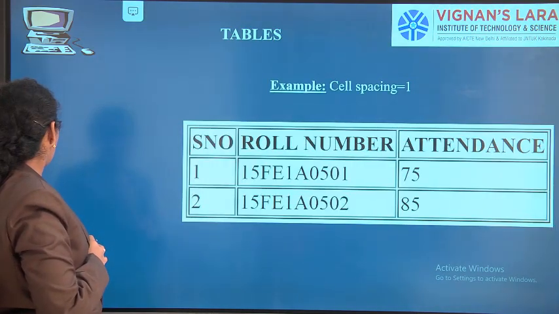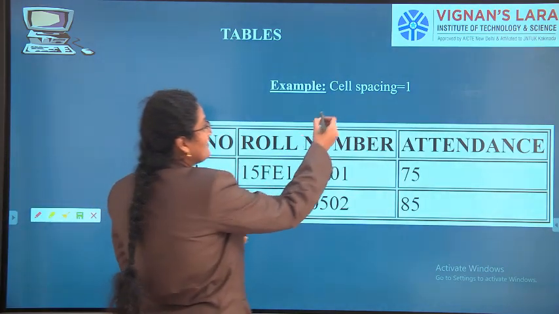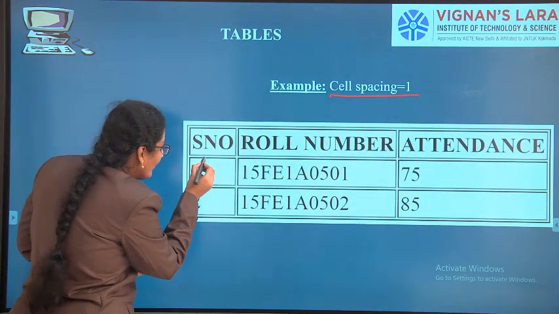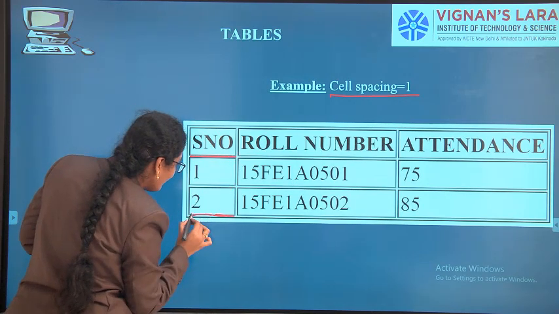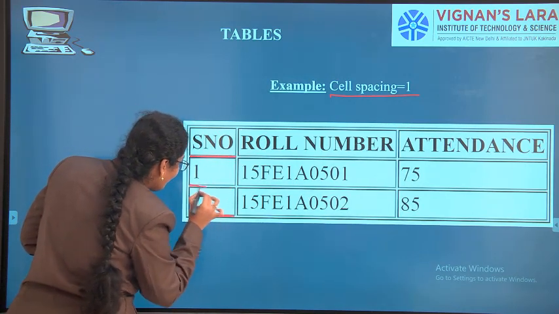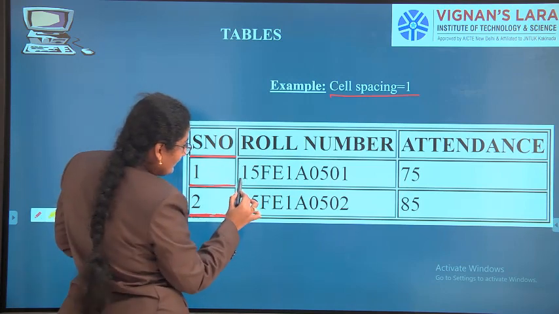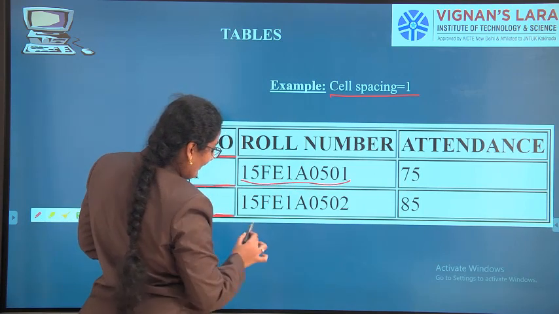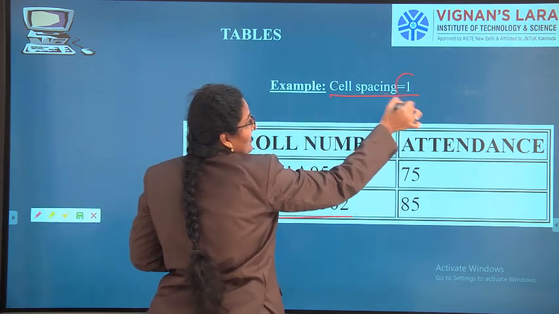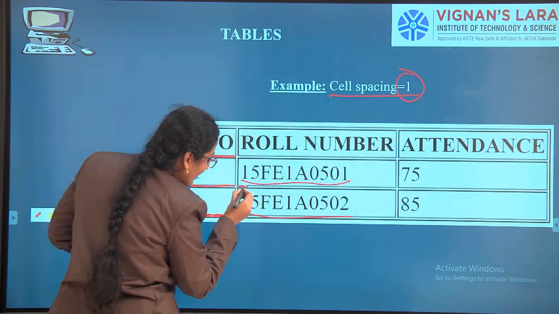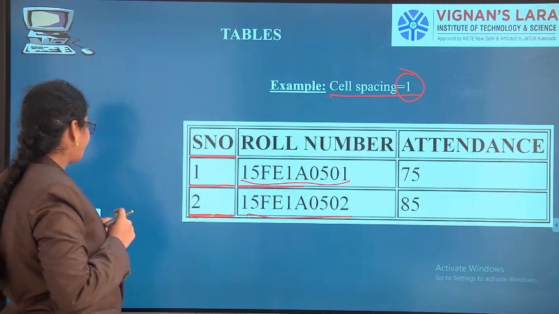When cell spacing is 1, you can observe the gap here. This 15FE1A501 and this 502 are 2 cells. Since I gave cell spacing 1, you can observe a minute cell space here.